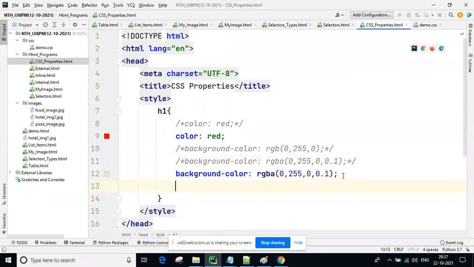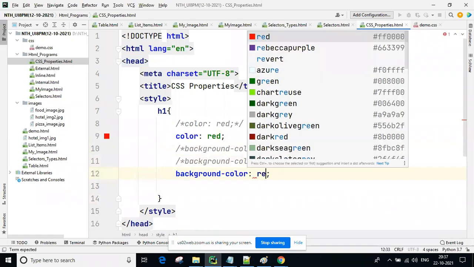Here a hexadecimal value also we can give, guys. Here you can see different hexadecimal formats with the hash symbol.